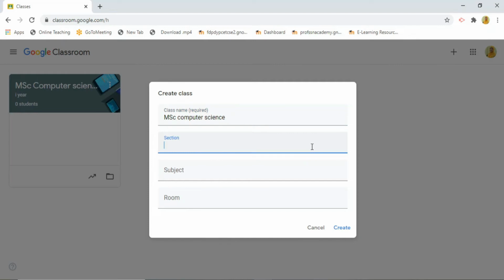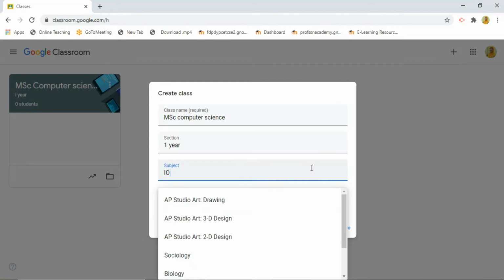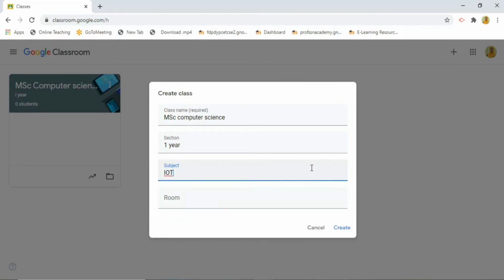Here I am giving first year. For the subject, you can give any subject for which you want to create the classroom. Here I am giving IoT, Internet of Things. So I am creating a Google Classroom for IoT. The room option is optional, so you just leave it, and after filling in all the information, you click the create button.